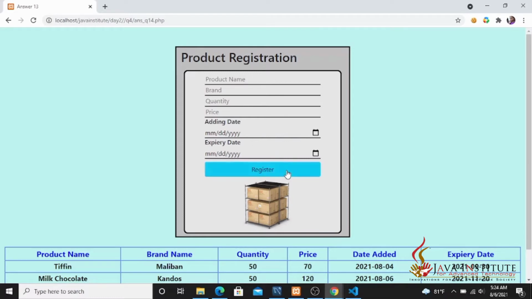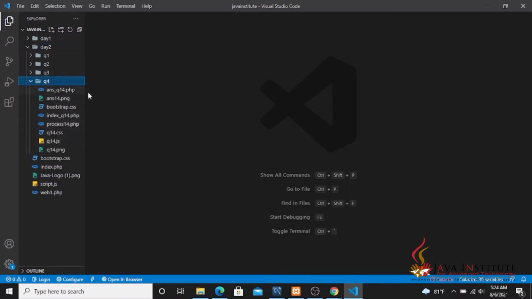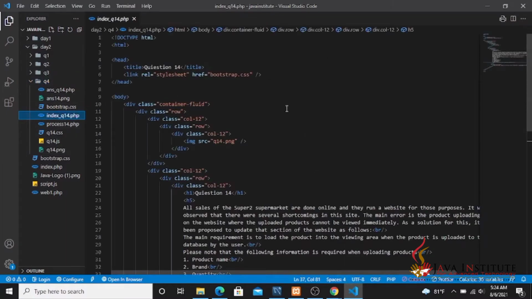So first of all, I'll show you my code, the files that I have created. Then you can see within the Q4 folder, it consists of all the files that I have made for answering question 14. So first of all, I'll show you my question page.